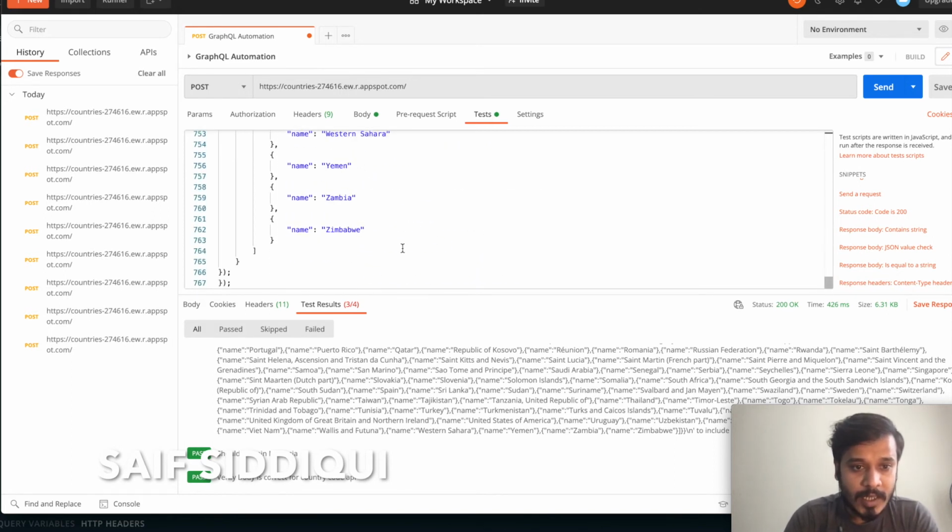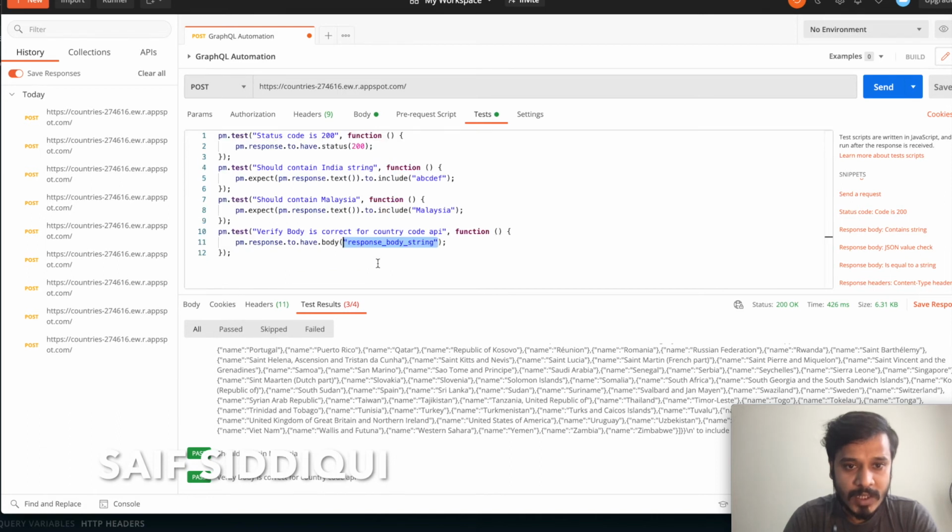And actually we can do one more test case for this GraphQL API. And let me just remove this test case because I need to go down a lot. So I will just remove this test case, and you can just use it for writing more test cases. But right now I'm just leaving it as it is. I will just comment it out.